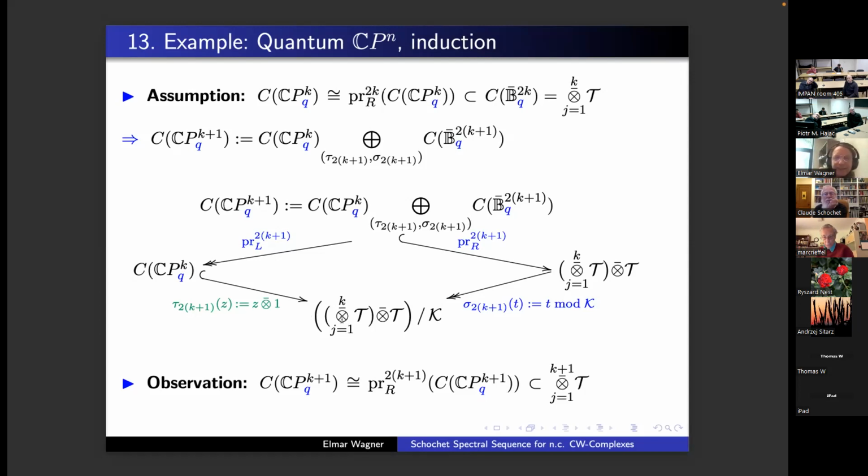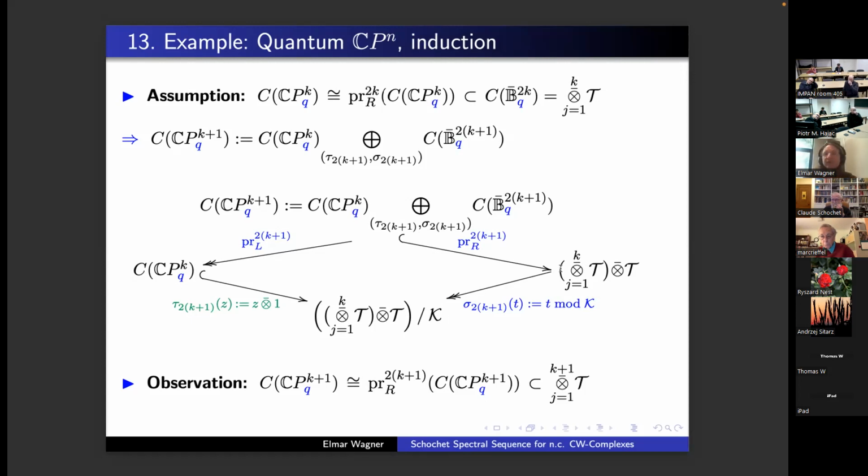CP_k fits in the tensor product of k copies of the Toeplitz algebra. So this mapping, I take the element from the CP_k and map it to Z and Z times 1. So it always lands on the boundary, because this one never leads to a compact operator. So it survives. This mapping survives under the quotient by the compacts. So it's an injection. So since this is an injection, my pullback diagram will give me an injection in my